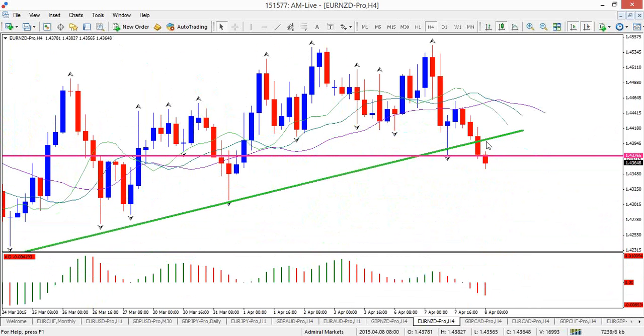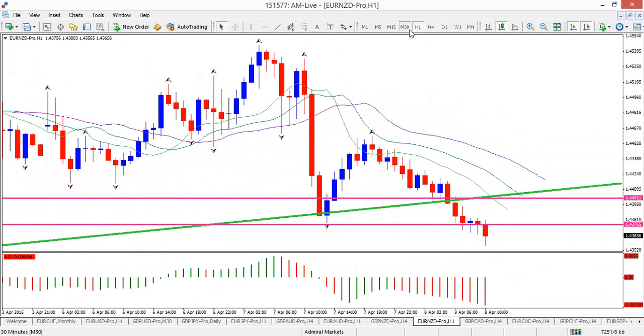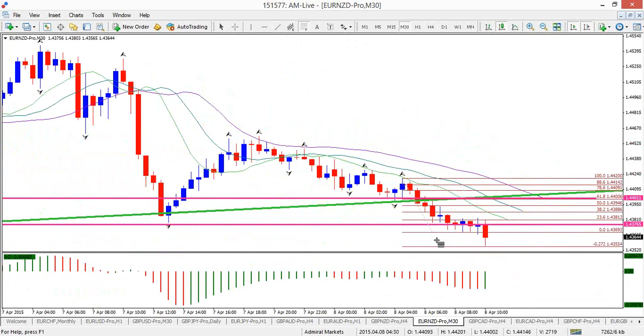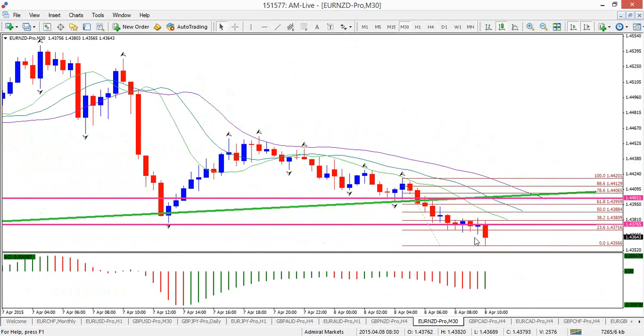All right. One of the things we can wait for is a pullback to, for instance, 144, which is the broken trend line, and the moving averages. Kind of retrace part of this downside, and